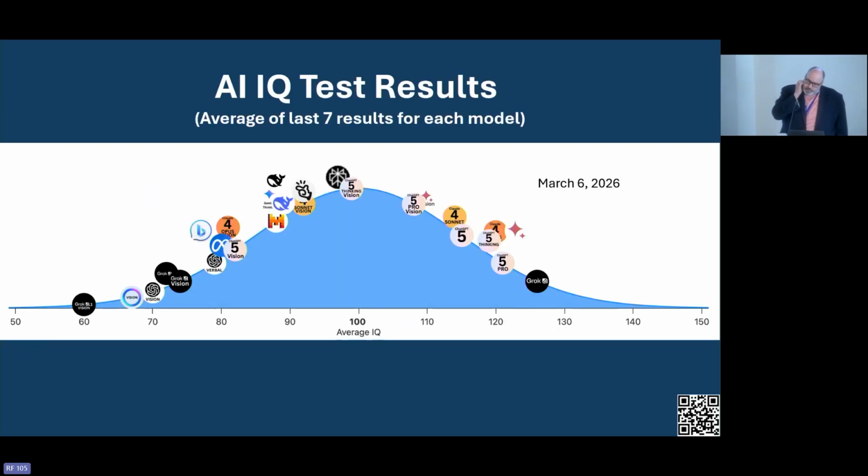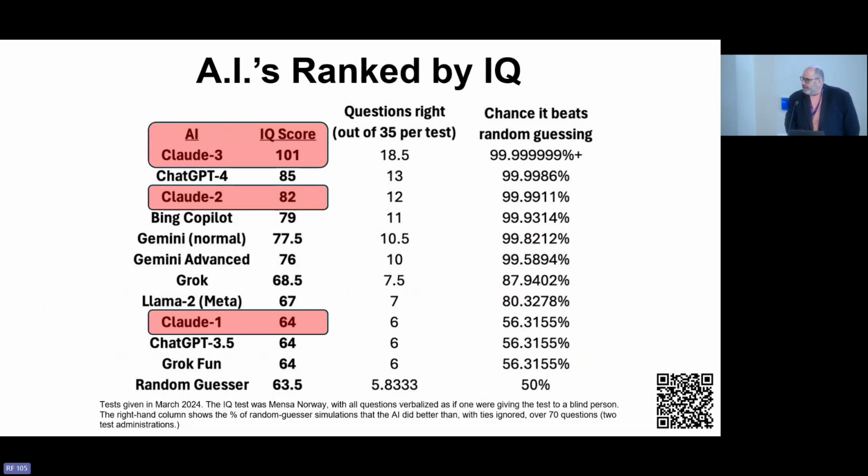There's now a site called trackingai.com or .org. You can just click the QR code there. I gave a talk on March 6th, and so I went to this website just to see where we were with the AI test. And you can see from here where the best of Anthropic's Claude got to 100. And by the way, remember that IQ tests are normalized, standardized to where the average human has an IQ of 100. So this was the first documented case of an AI performing better than the average human